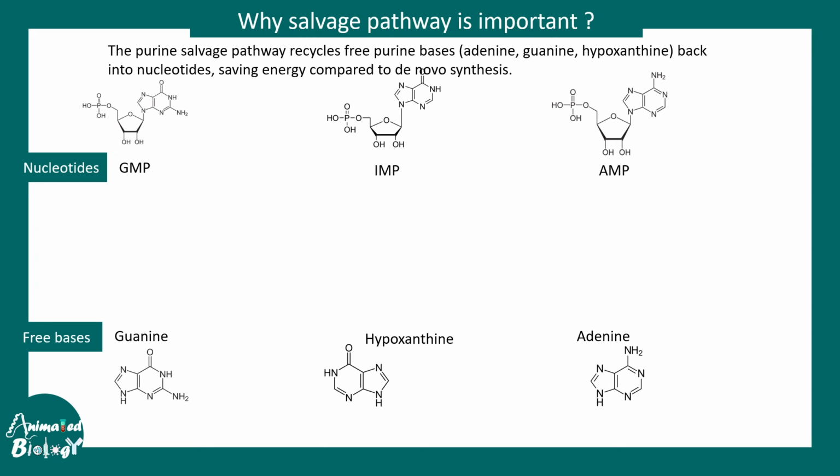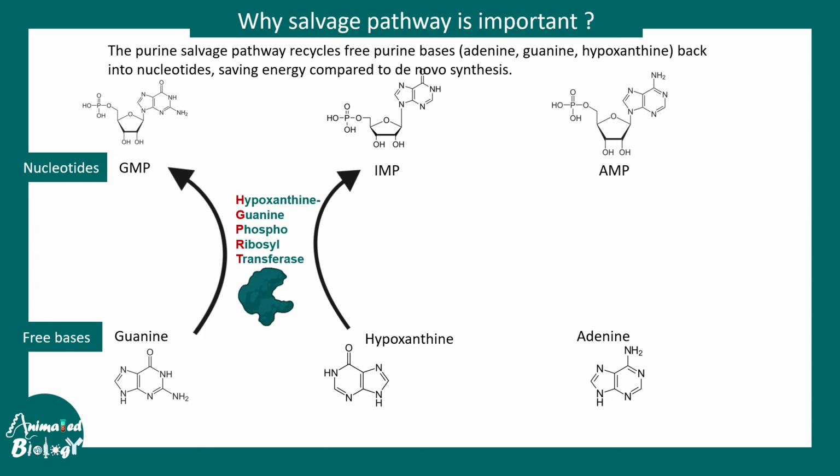The way it happens is via a specific enzyme known as hypoxanthine guanine phosphoribosyl transferase. Look at the enzyme name. It says phosphoribosyl transferase, so obviously it would transfer that ribosyl group along with this base. It would ultimately make the nucleotide. This is how it ensures that all these residual bases can be reutilized for many purposes, for example,